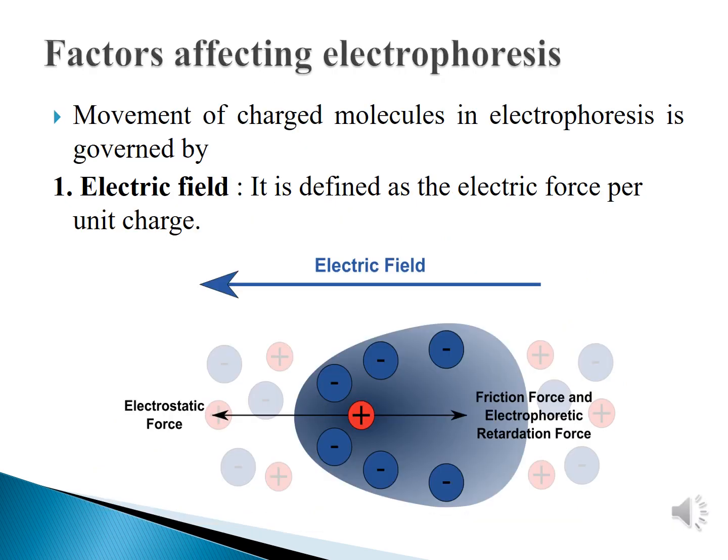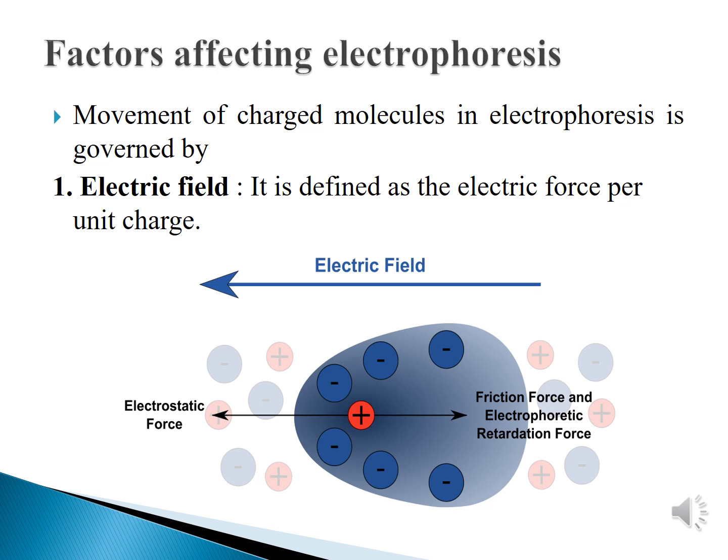During electrophoretic separation, the major factor which governs the separation of a particle is the electric field. It is defined as the force per unit charge. From this image you will understand a molecule moving towards an oppositely charged electrode because of the applied electric field. During that movement, there will be a resistance generated by the medium, that is an opposing action, which is the frictional force